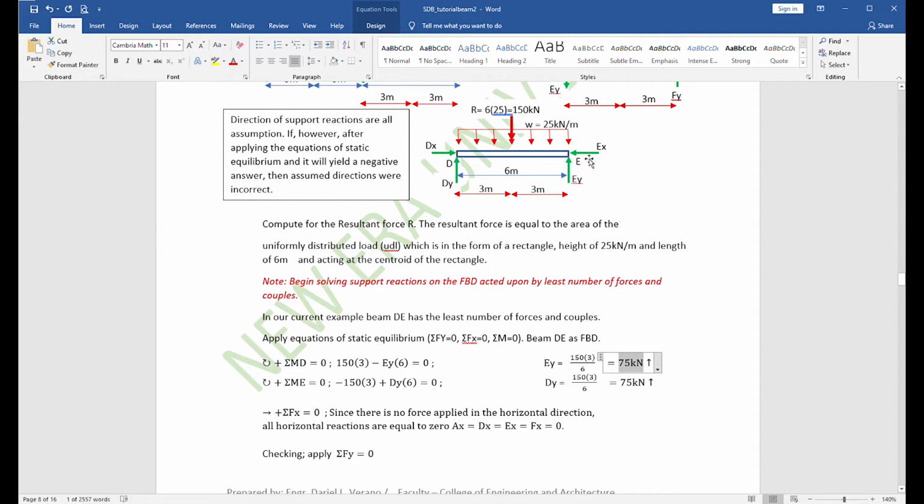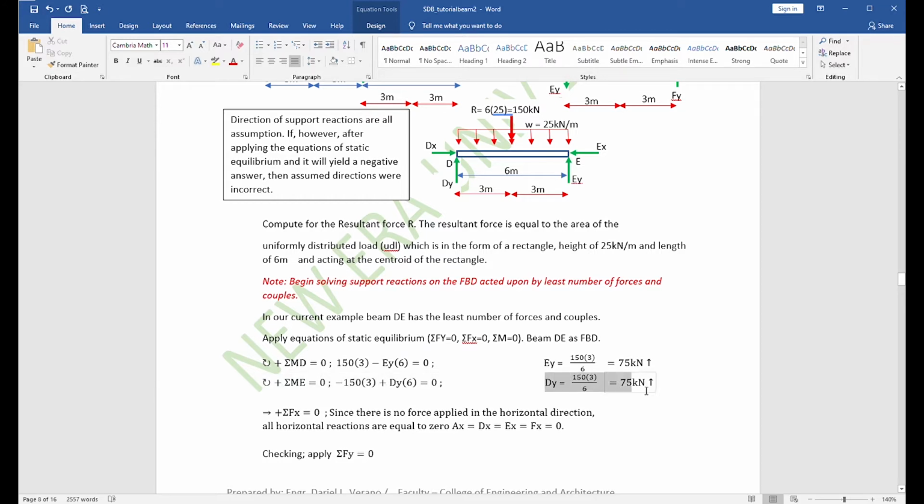Okay, so we will apply summation of moments at point A equal to 0. Clockwise moment is still positive, so DY is clockwise, positive. The 150 is negative because it is counterclockwise with respect to point A. So, from this equation,